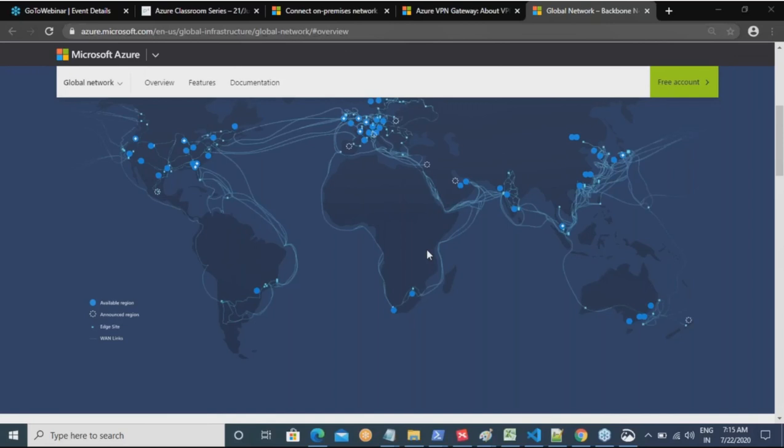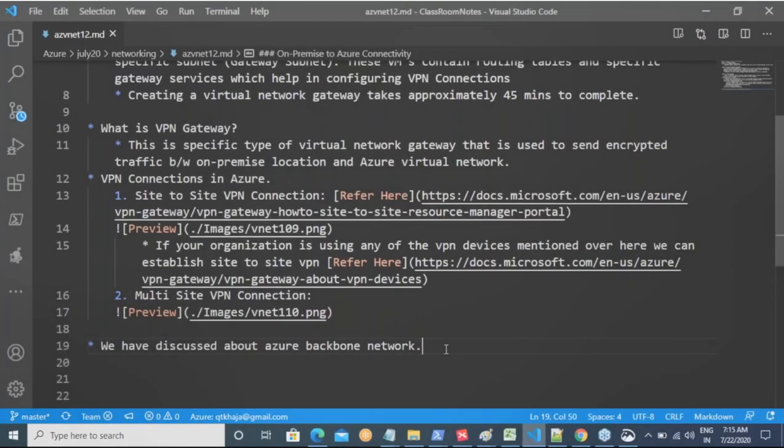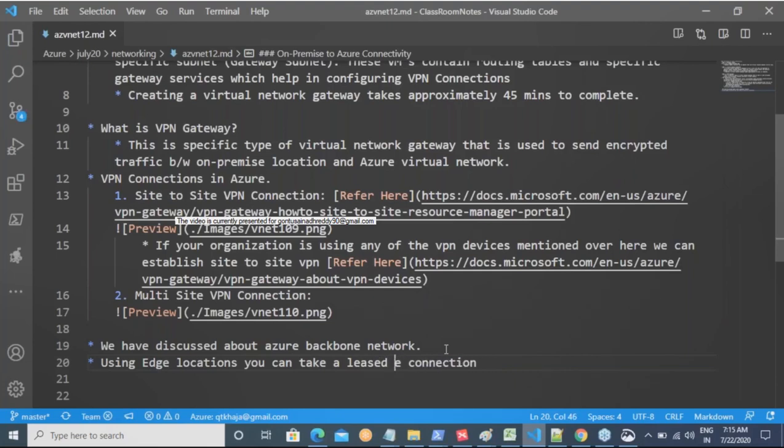So what Microsoft tries to tell you is, I have edge locations, and using edge locations you can create a connection, or take a leased connection,